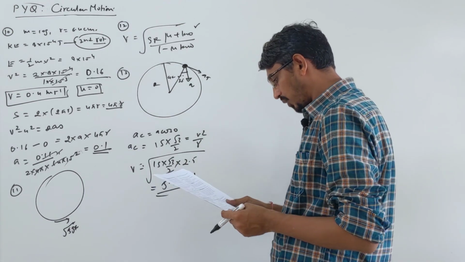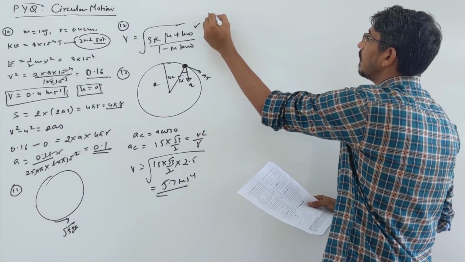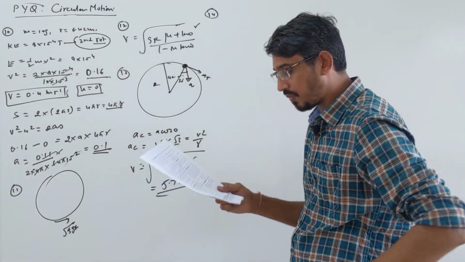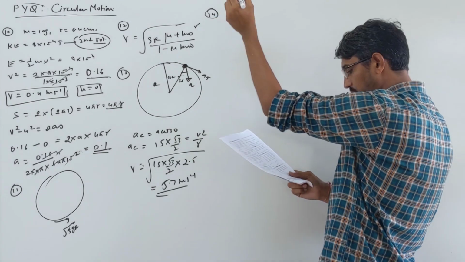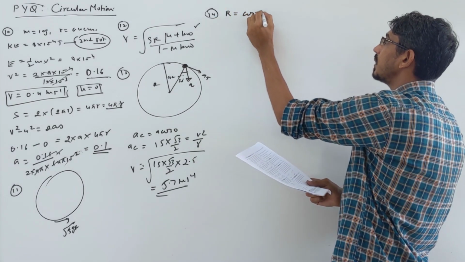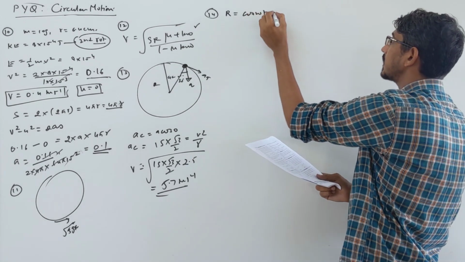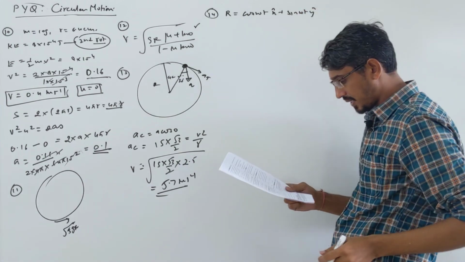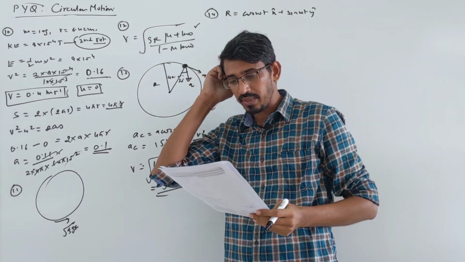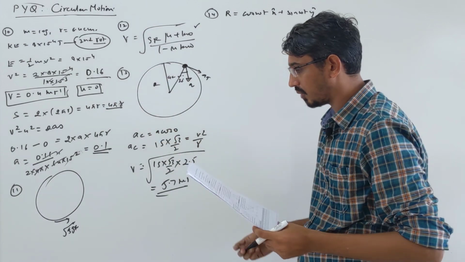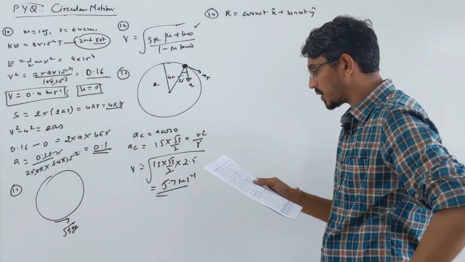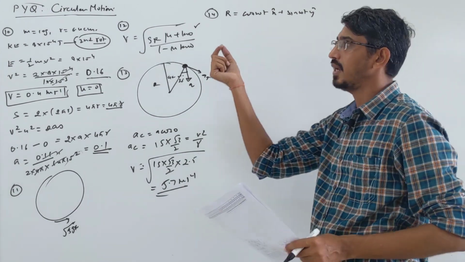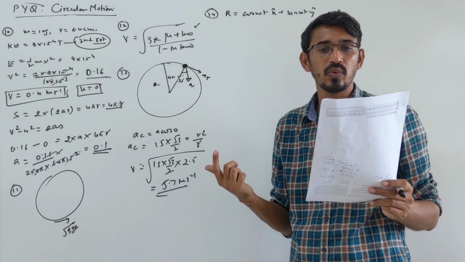Moving on to the next problem, problem number 14, which says a particle moves and its position vector is given. A similar question we have already answered, where in vector form the position of the particle is given as cos omega t x vector plus sin omega t y vector. They are asking which of the following statements is true. Last time they asked which statement was wrong. First option: velocity and acceleration both are perpendicular to radius.